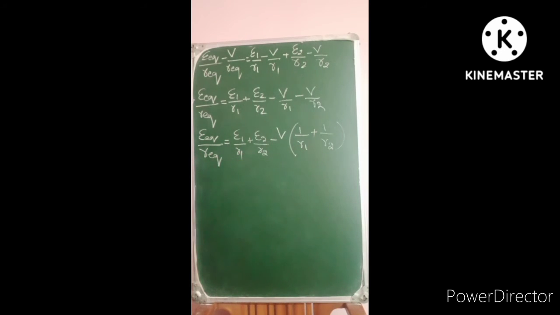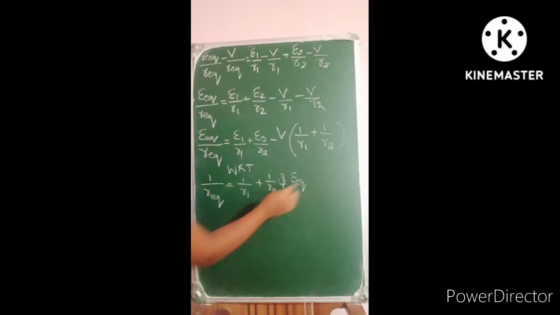And we know that in the parallel combination 1 by R equivalent equals 1 divided by R1 plus 1 by R2, and also